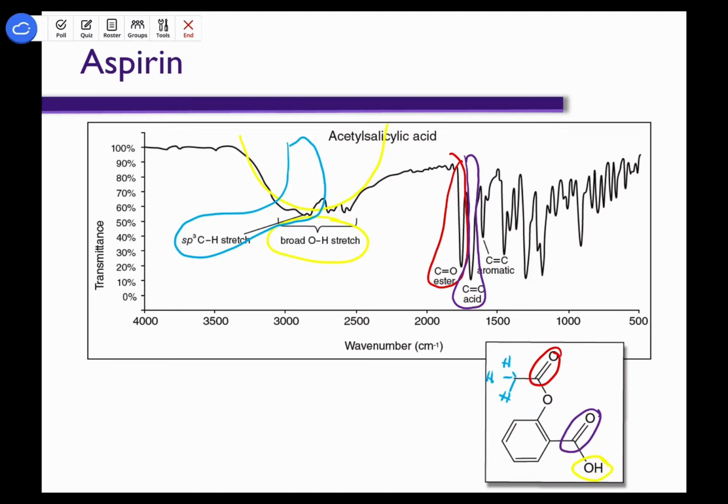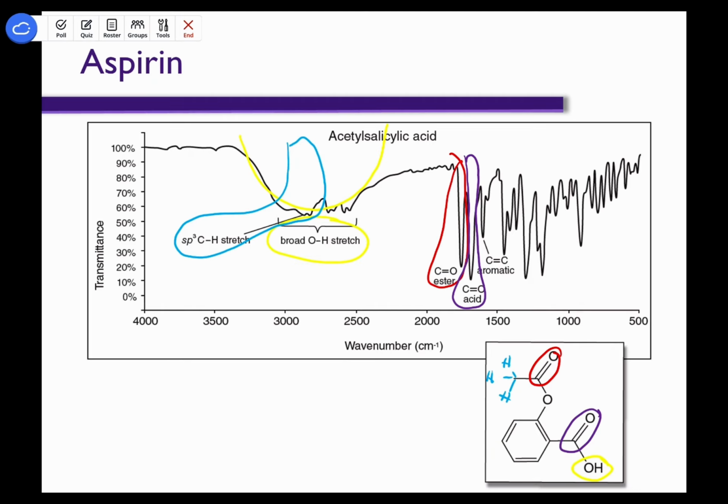I admit it's getting a little messy at this point, right? It has lots of features. It has an ester, it has a carboxylic acid, it has a carbonyl, but we can identify many of these